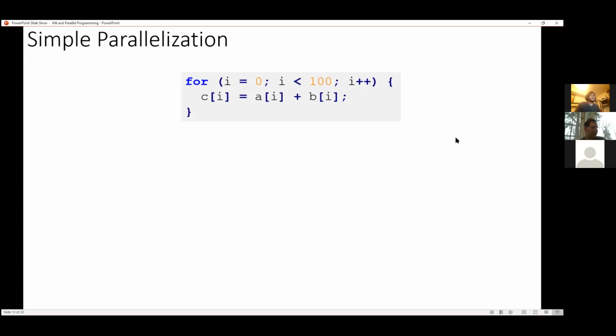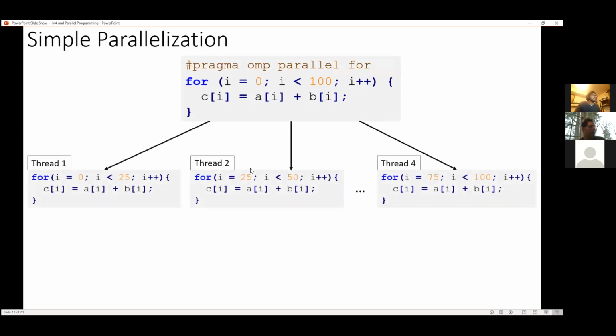We have this loop where we're doing a large vector addition. So we have 3 vectors. We have a C vector, which stores the result, and 2 other vectors, A and B, that have numbers that we want to add. We add a pragma, OpenMP parallel for. And what that does is it divides up the work here. So you can see that the large for loop has 100 iterations. It divides the 100 iterations into 4 groups of 25 iterations and forks it off to 4 different threads at